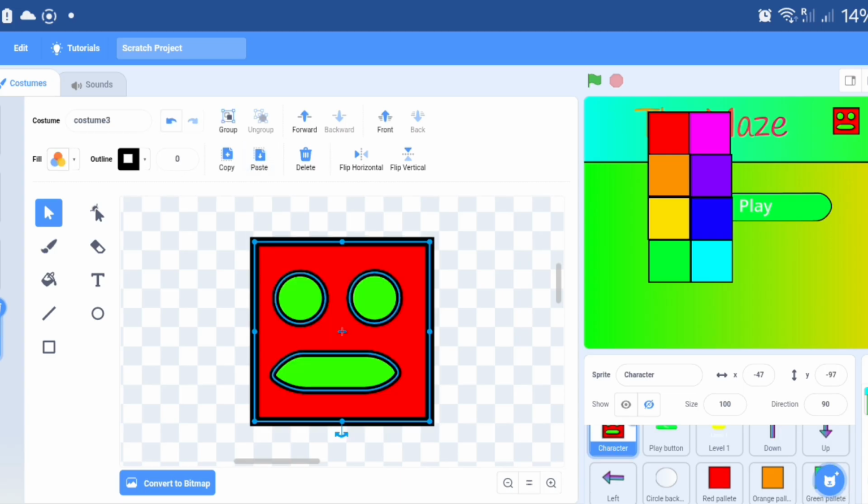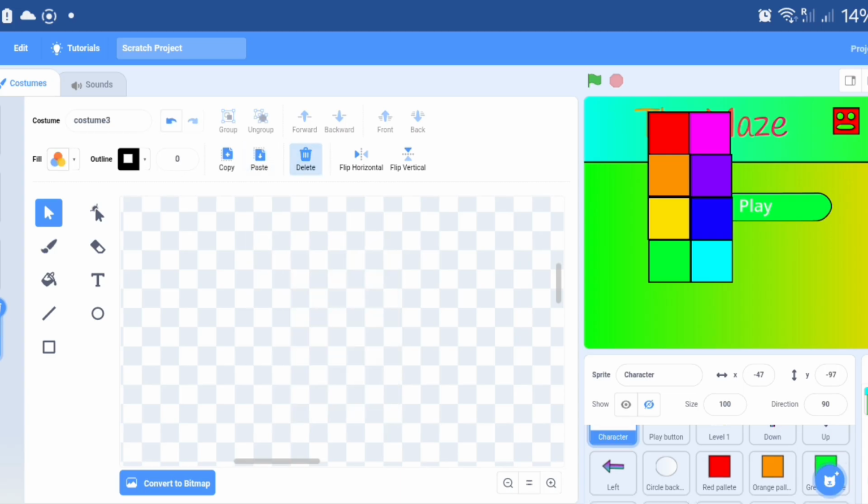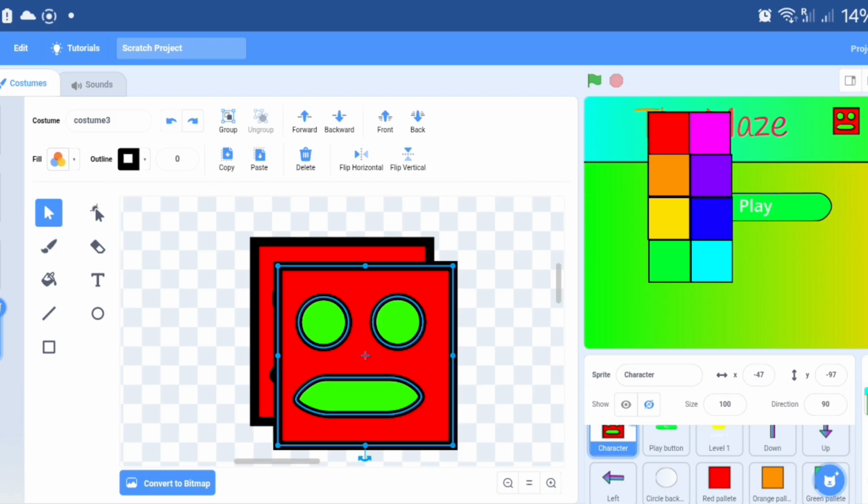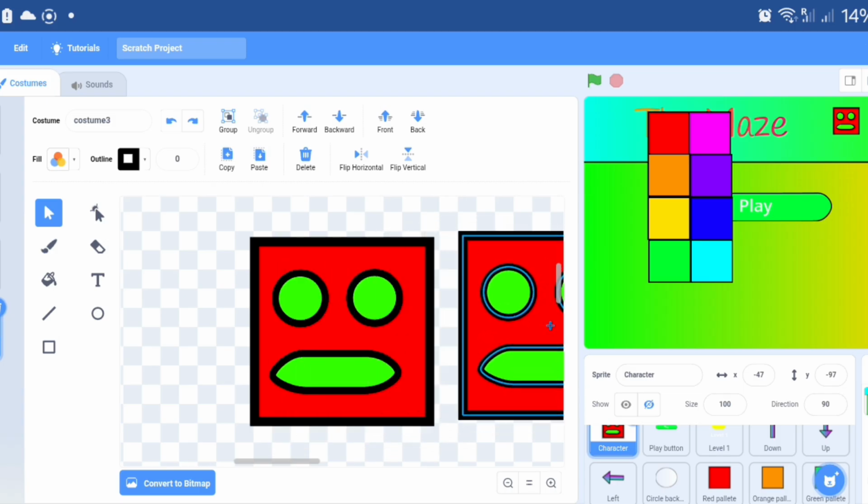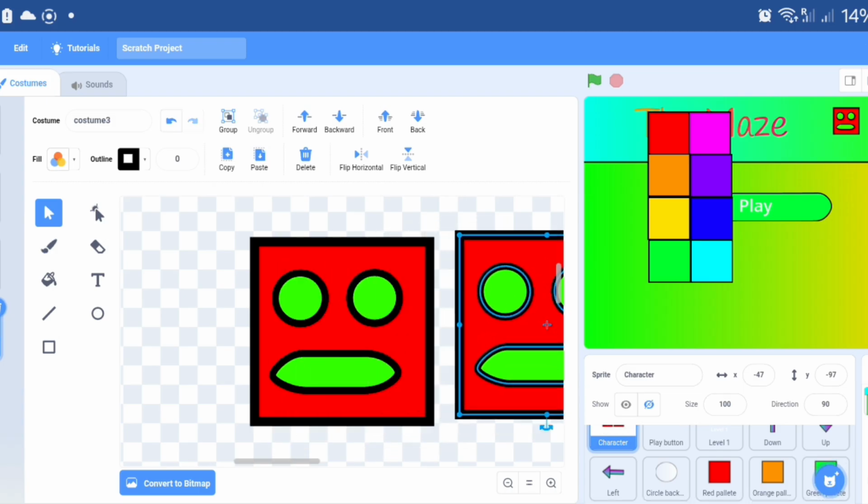Now we're gonna change it to, I mistakenly did two with the one only good one, but it's okay. Changing the color to